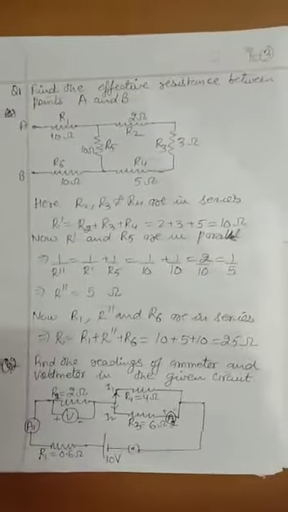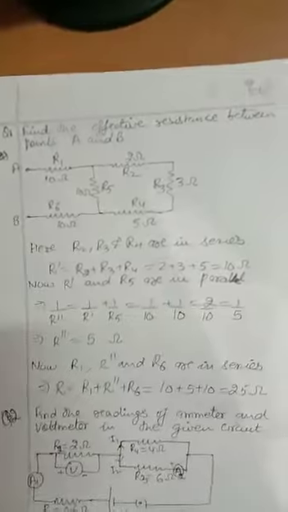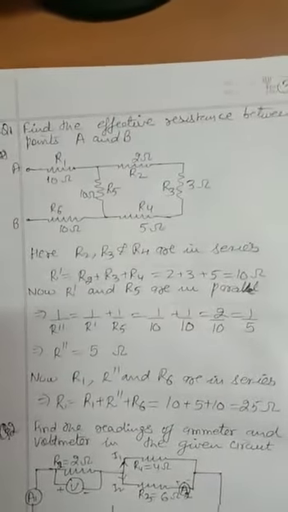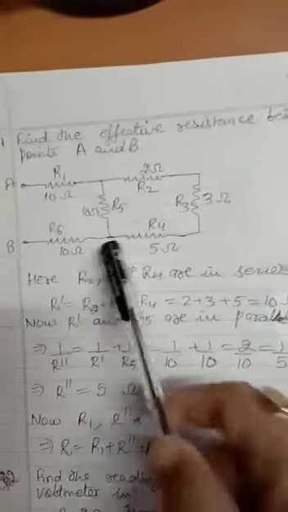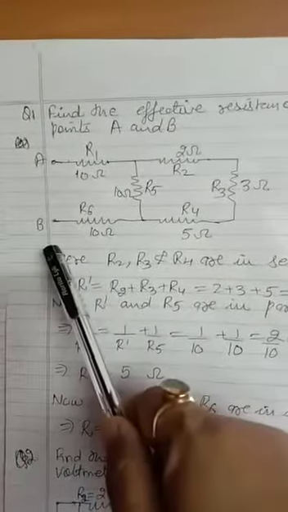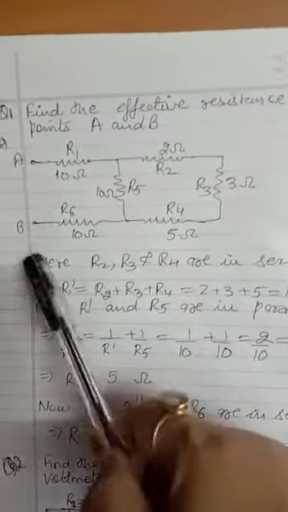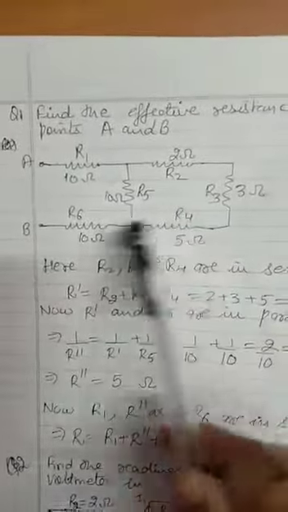Students, we will solve the questions based on series and parallel combination. So the first category of question is that we have to calculate the effective resistance between 2 points. Say for example, in the first question we have taken points A and B. So we have to calculate the effective resistance between points A and B, and 1, 2, 3, 4, 5, 6